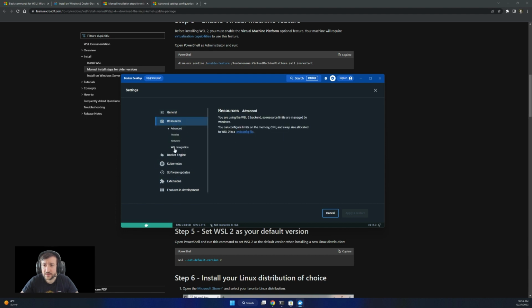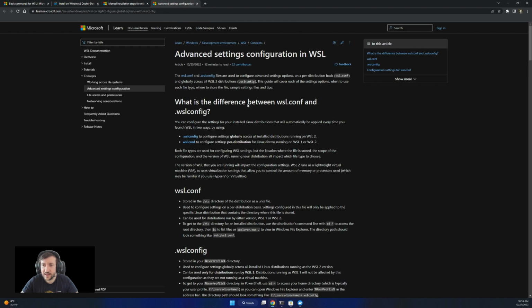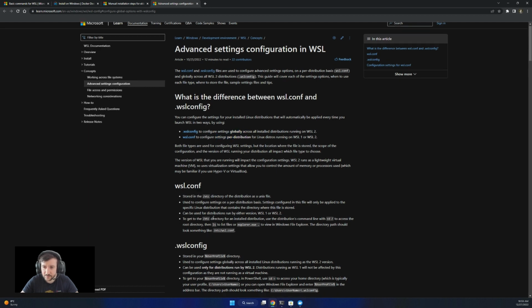Getting back to resources, there are advanced settings where we want to limit the resources. To do so, we have to create a WSL config file. For this, it's this last URL. There are two things that you can do, either configure settings per distribution or globally. I choose the global option because I like it more.